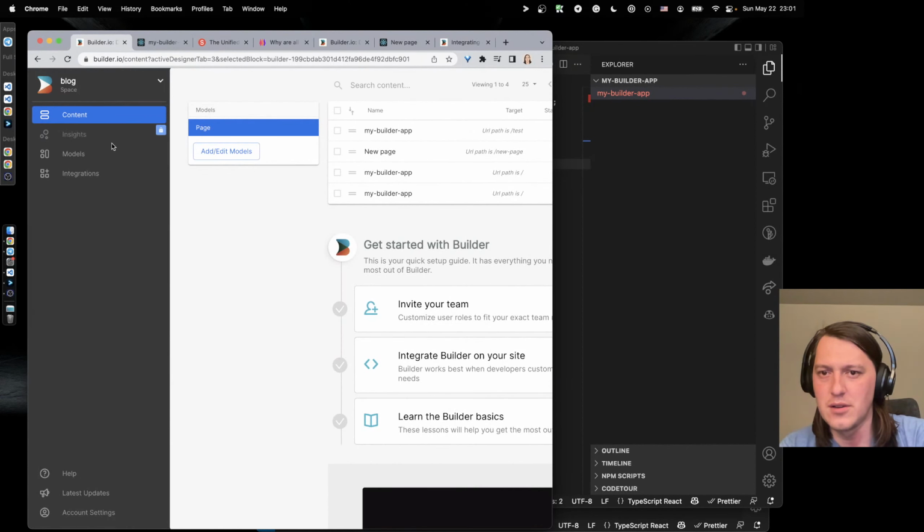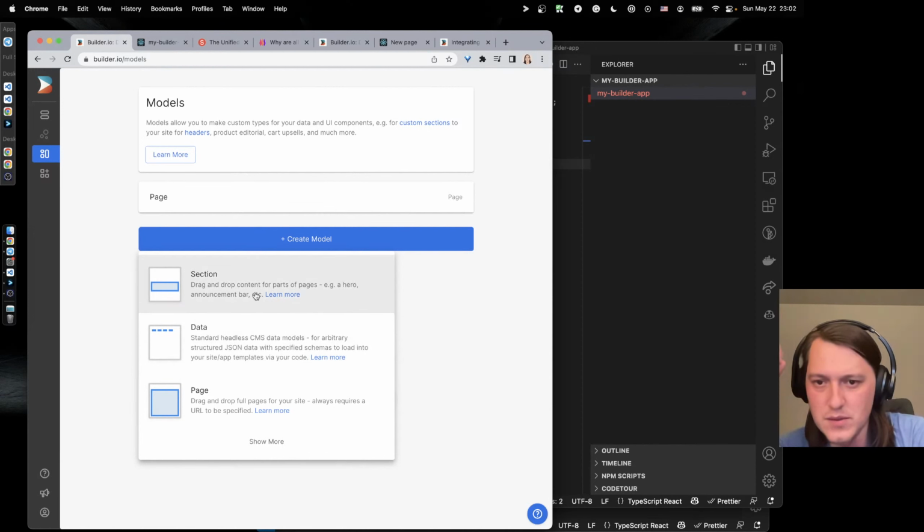So if I do model, okay, so page, full page, data, JSON to load into your template via code. Drag and drop content like hero announcement.